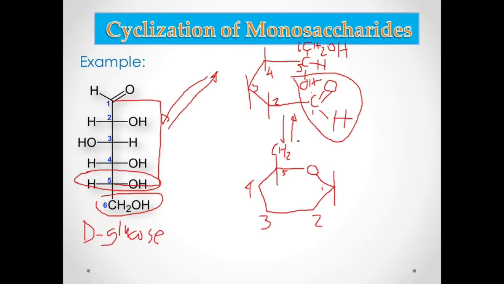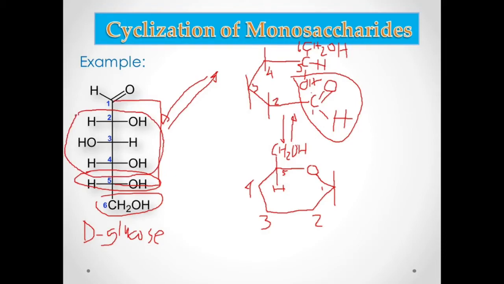Okay, so I will write now the CH2OH, and of course the remaining H in carbon number 5. Never mind carbon number 1 first, because the last part of our cyclization is the production of anomers: is it an alpha or a beta? This will determine the alpha and the beta, the two reactions between your 1 and 5. Never mind that first. We will go first to carbon number 2, 3, and 4.